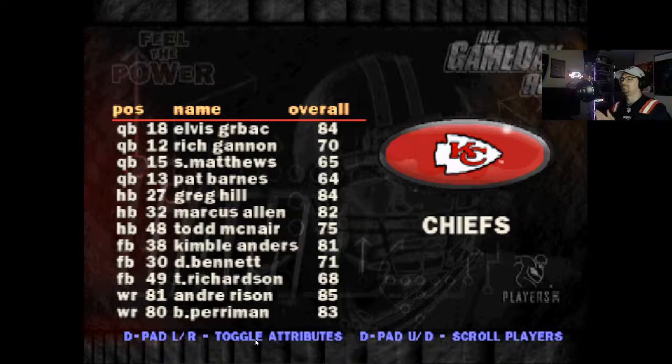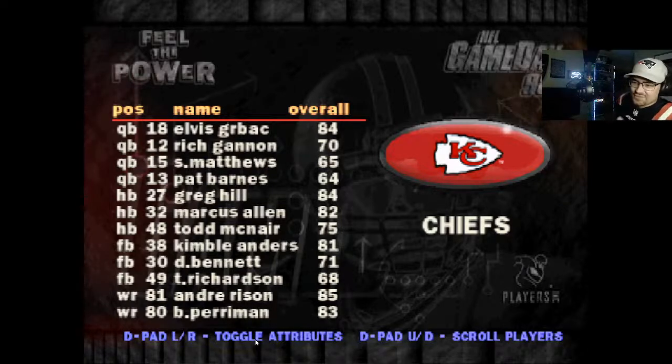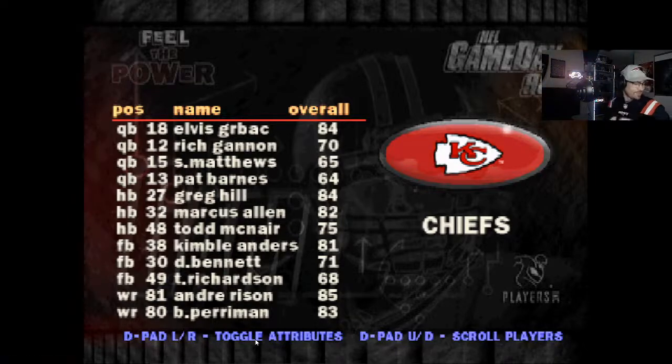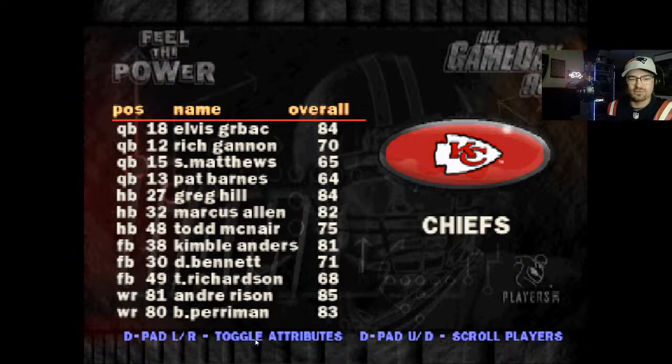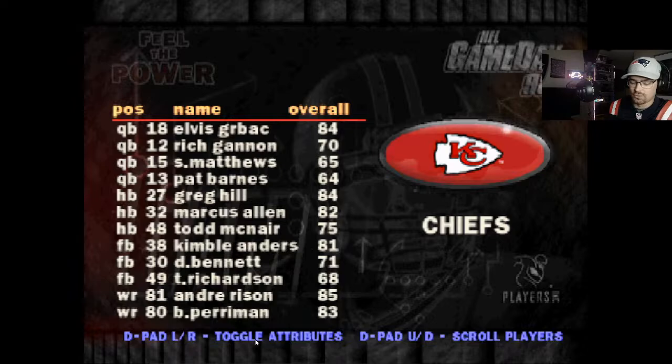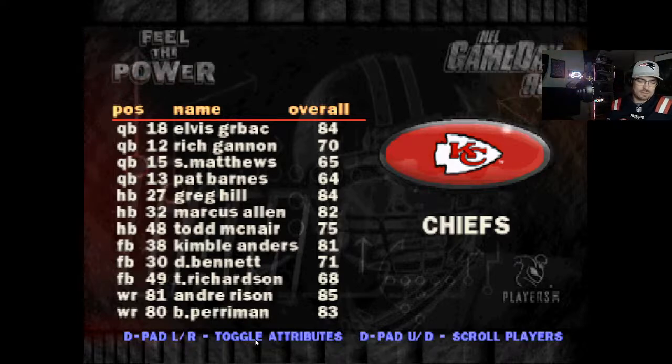All right, so this is fun. We're gonna get a look at the Kansas City Chiefs. Now, like I said, they won their division this year. I should actually pull up the information for this season so I can arm myself and arm you guys with a little bit more info. Let me see real quick. Let's see here. Oh gosh, I'm getting blown up all of a sudden.